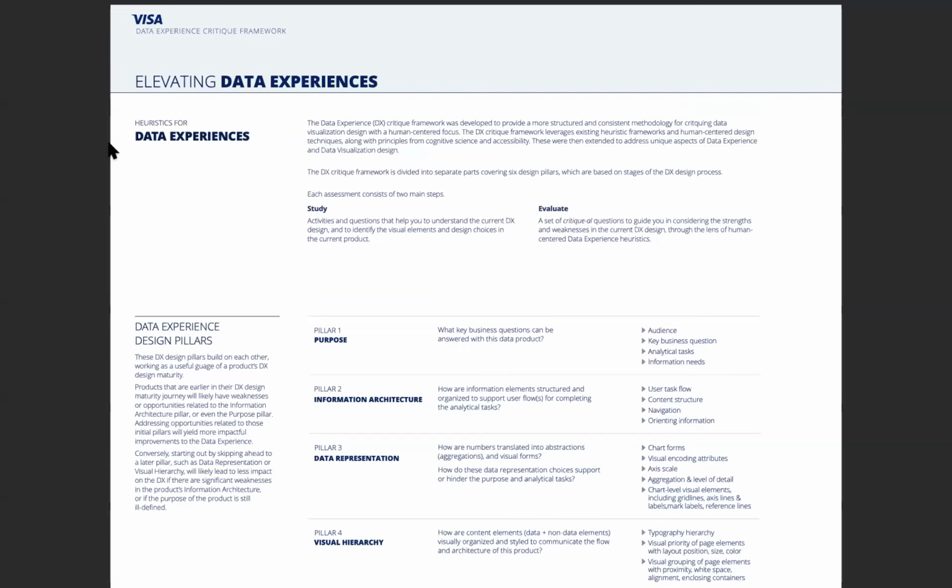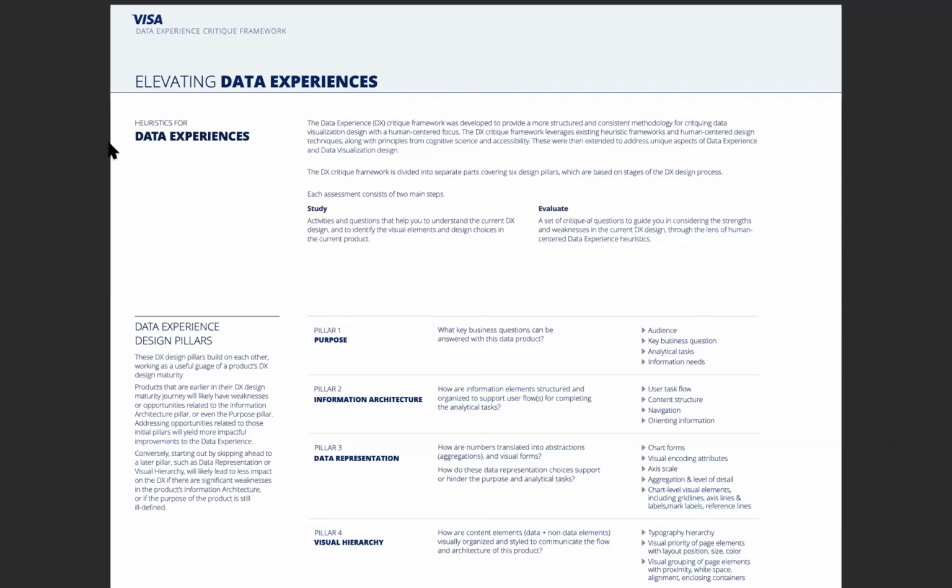It's basically a critique framework that's specific to data visualizations and data experiences. We created it so that we could have a more consistent method of evaluating data visualizations, but also a common language for everyone across Visa, from stakeholders to people who are designing and building visualizations, to be able to talk about our data products in a similar way.